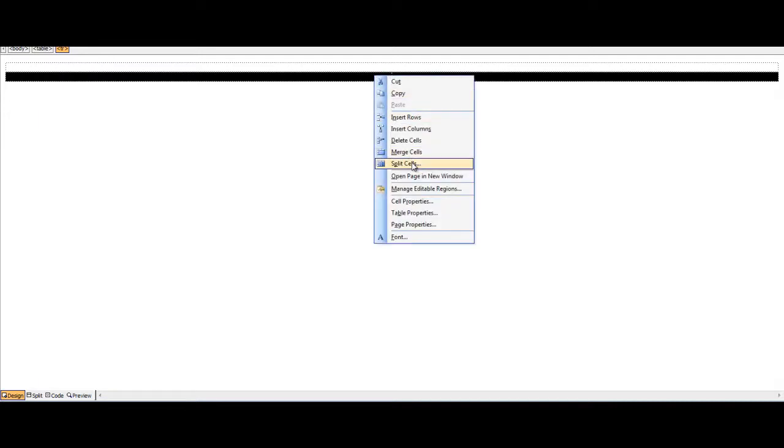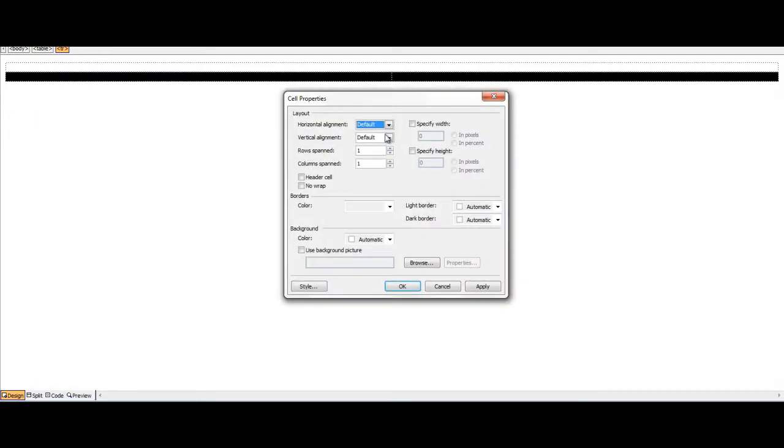You want to go here and highlight it, and you want to go to your cell properties and make sure that the vertical alignment is set to top. If you don't, you'll find out everything will be out of whack when you start working with it. Now at this point,